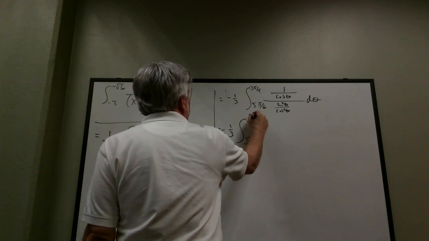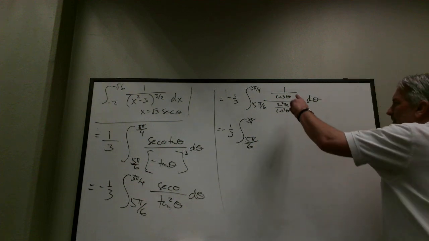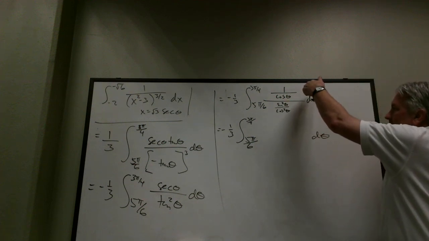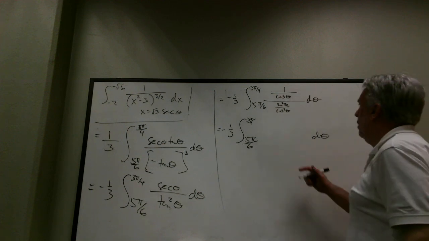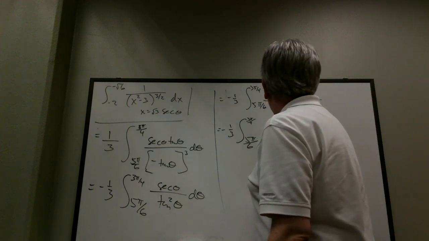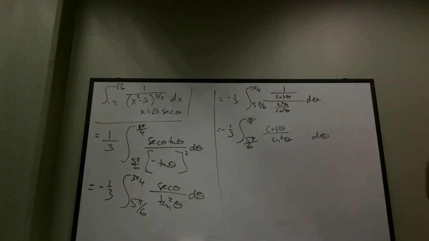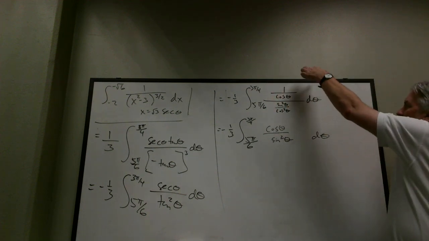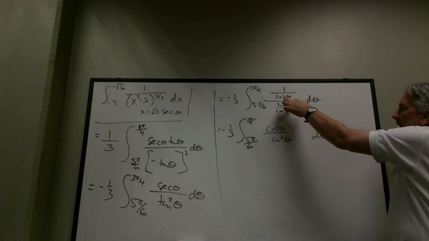So I'm just recopying everything. Write out complete steps. Okay, so if I invert multiply, I'm going to have cosine squared over sine squared, and you can cancel one of the cosines. So I'm going to get cosine theta over sine squared theta. Right? If you invert multiply, you're going to have cosine squared in the numerator. That cancels with the cosine. You still have a cosine numerator, and then sine squared in the